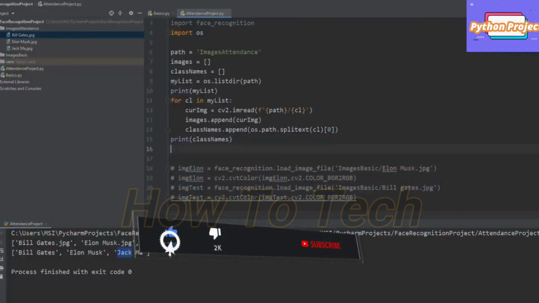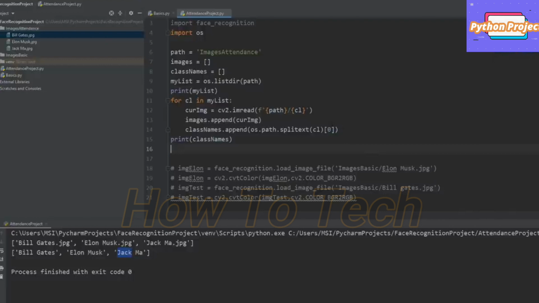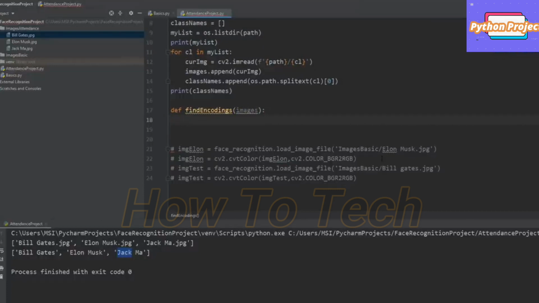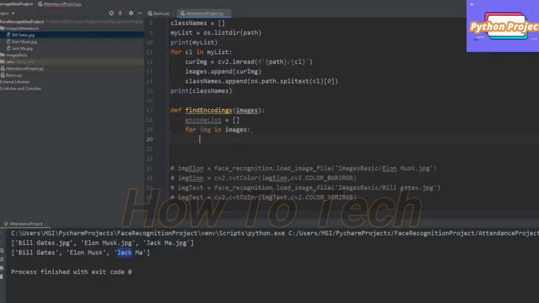Okay, so next we are going to start with our encoding process. So we know that once we import our image, we have to find the encodings for each one of them. So what we can do is we can create a simple function that will compute all the encodings for us. So we can write here findEncodings, and we will require a list of images. So images, then we will create an empty list that will have all the encodings at the end. So we will call it encodeList is equals to empty, and then we are going to loop through all the images. So for img in images,